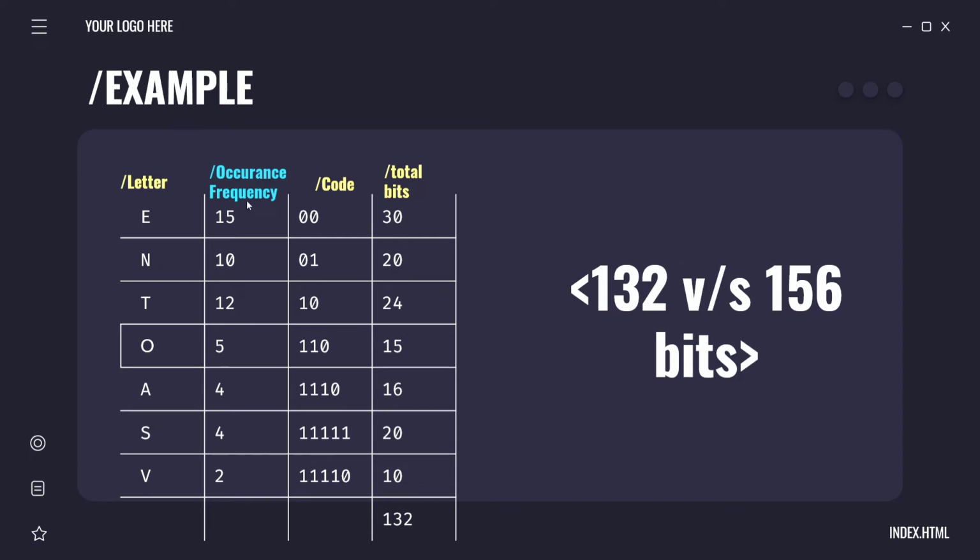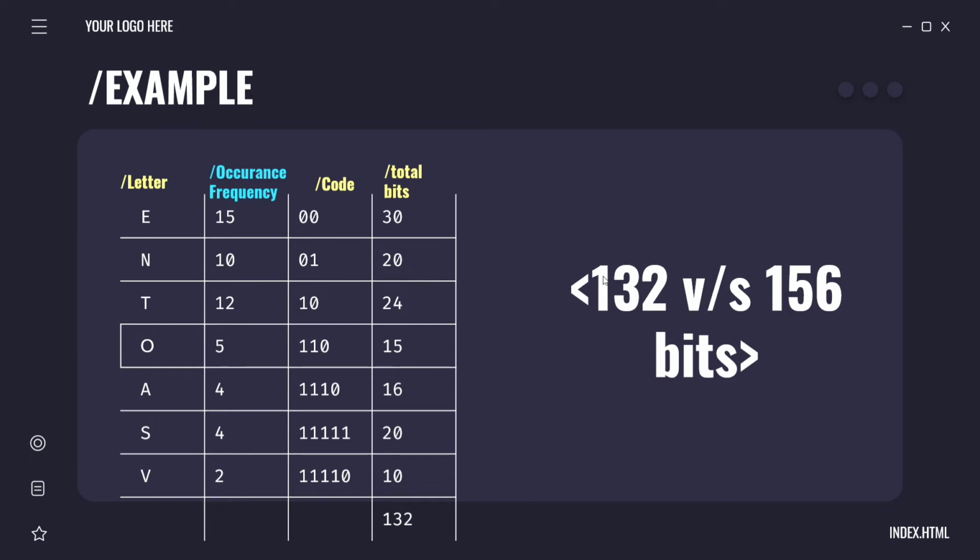If the character with the highest frequency is assigned the code which has the least length, then naturally this bit size would reduce. So if you calculate the bits for all the characters and sum it up, in this case it would turn out to be 132,